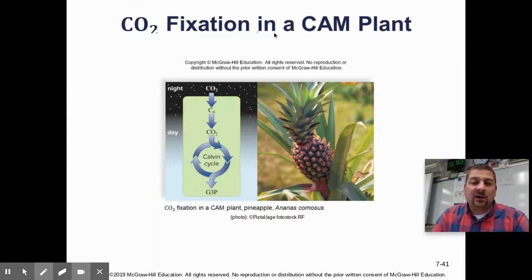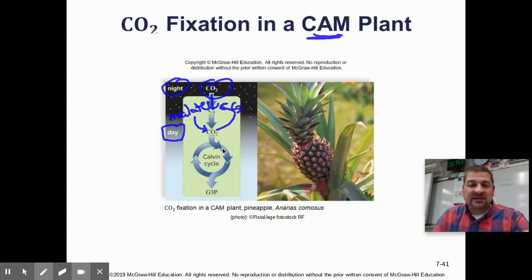Again, this is just kind of the overview of a CAM plant. Here at night, the stomata will open, CO2 is taken in and stored. And then during the day, when it's hot and dry, that carbon is released as carbon dioxide, and the C3 molecule is stored again for overnight for capturing more CO2. These tend to be in very hot, arid